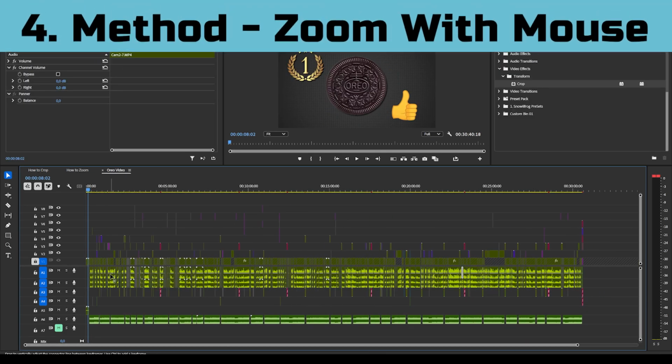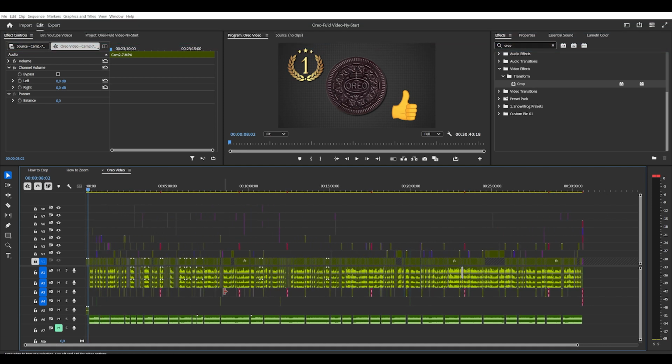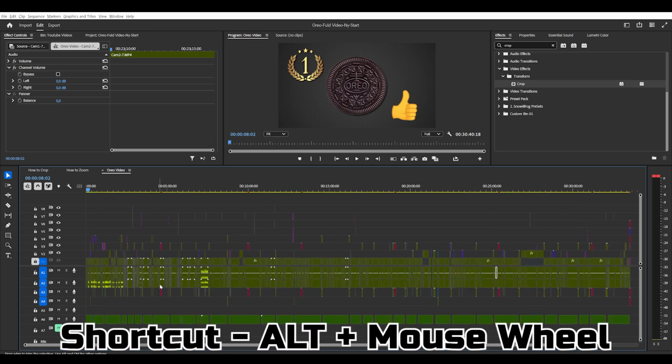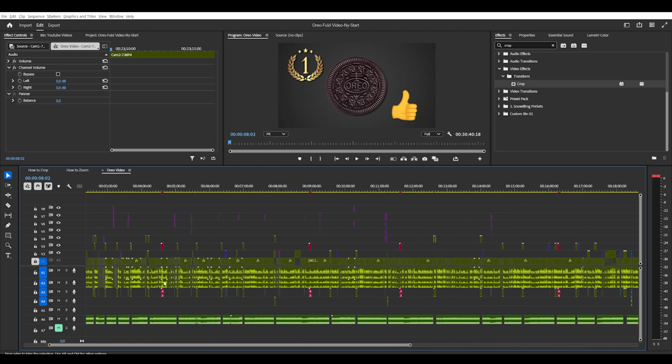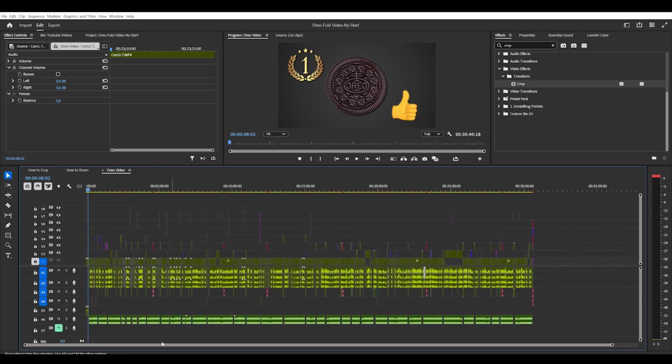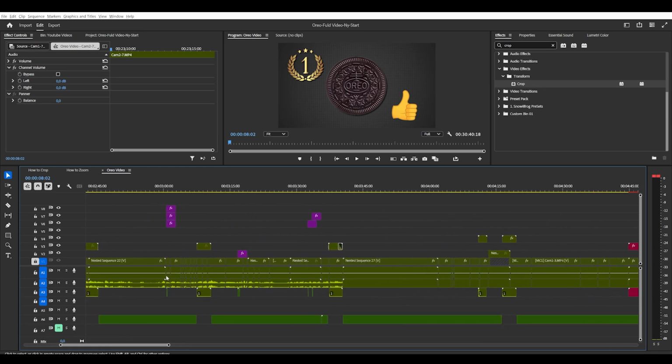The fourth way, and the one I use the most, is your scroll wheel. If you just use your scroll wheel, it'll just slide back and forth on your timeline. If you press the Alt key, it will zoom in if you scroll up, and it will zoom out if you scroll backwards. This is the one I use the most because it's easy and you're using the keys and